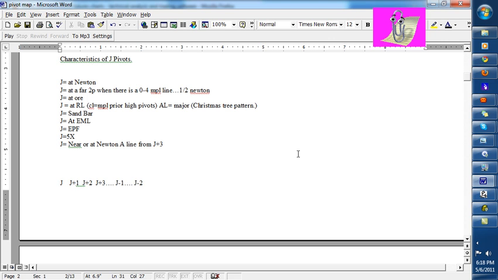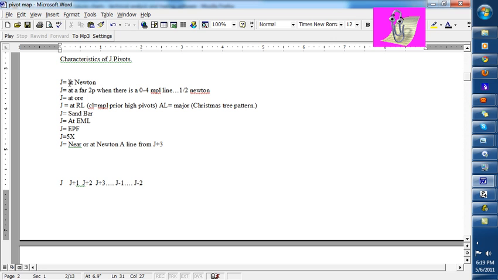look at a market and say, where are we now? We're at J or J plus 1, J plus 2, because that's the way I look at a market. I look at J as the major, J plus 1, J plus 2, J plus 3, then I might say J minus 1 or J minus 2. I'm really not concerned with all these other little things. In different patterns, I'm going to have different relevancies in terms of what the pivots are, and a lot I'm going to ignore. So, without further ado,